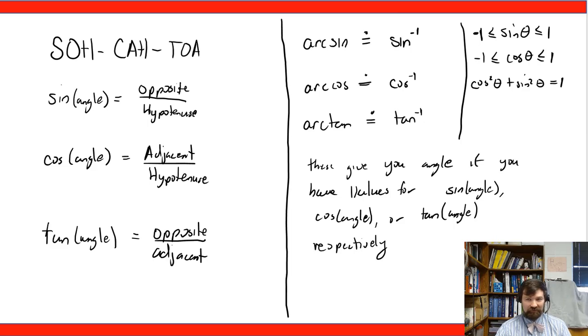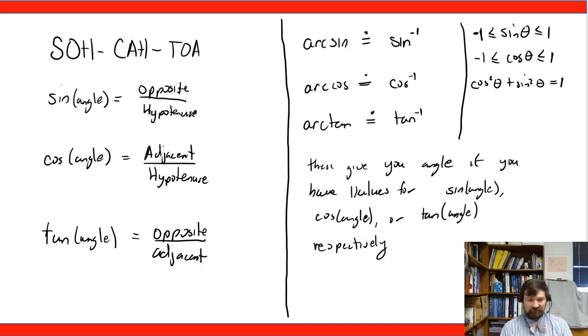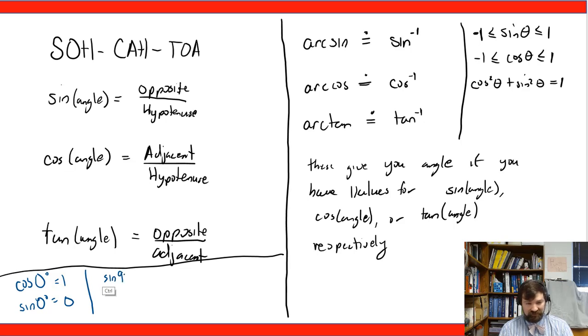I suppose another important thing to note, so I've given the bounds here, and so another important note is to remember cosine of 0 degrees is 1, sine of 0 degrees is 0, cosine of 90 degrees is 0, sine of 90 degrees is 1, and then you also have 180 and 270 degrees, so cosine 180 degrees is